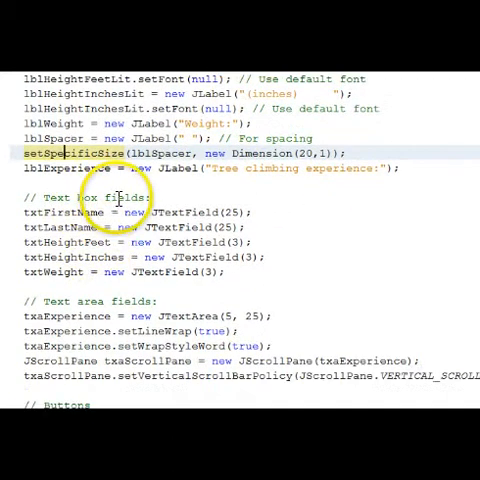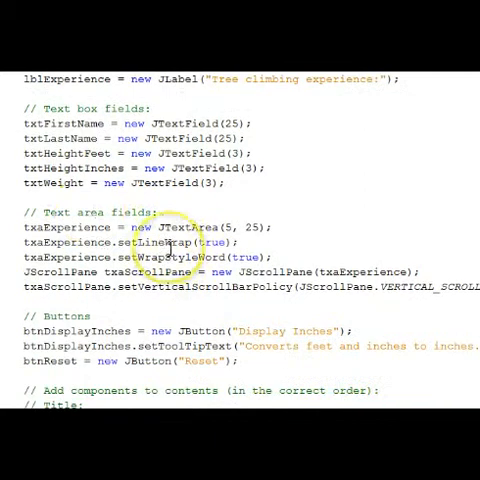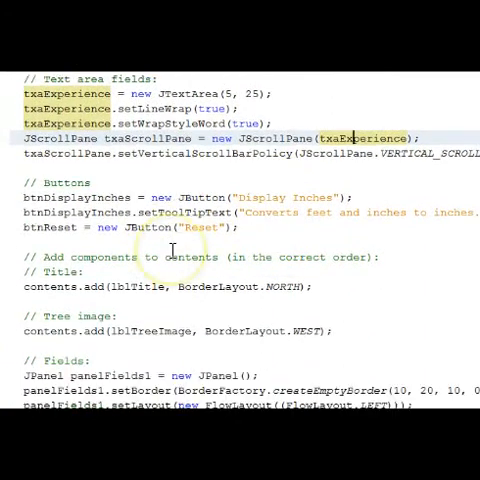Then text box fields here being instantiated. The text area has 5 rows and 25 columns. Line wrapping is set, and word wrapping as well. Here's the scroll pane that hosts it. We give it the text area in the constructor, and then we set its scroll policy to be always scrolling vertically. Our command buttons